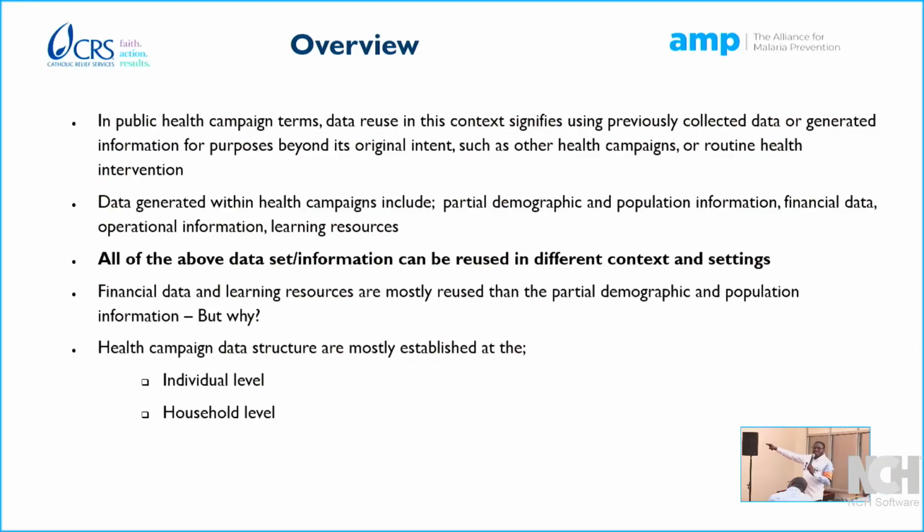Now, over the course of all the campaigns that we have been privileged to implement at CRS and those that we have also seen, we have noticed that we have just two types of data structure across all campaigns. It's either you are receiving the data at the household level, or you are receiving the data at an individual level. With this, I may just want to pause and ask, do we have any other structure that has been identified apart from household and individual level in this room?